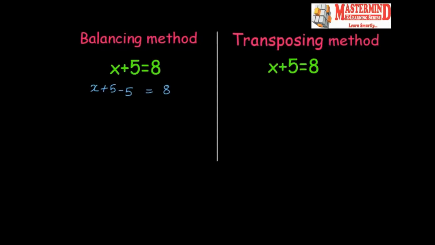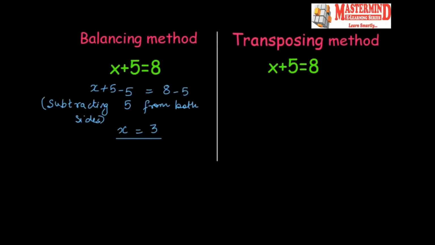That is what I want. But if I subtract 5 from this side, I have to subtract it from here also. So I have to subtract 5 on both sides. So we write like this, subtracting 5 from both sides. So when we subtract 5 from both sides, what do we get? x minus 5 plus 5 is equal to 8 minus 5. So this x is left out alone. And here we have 8 minus 5, which is 3. So our answer is x equal to 3.